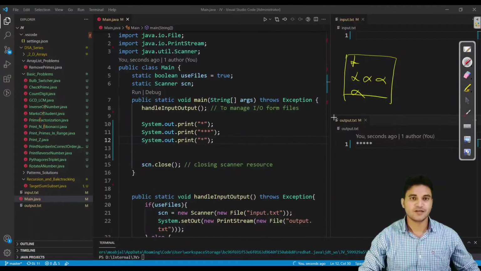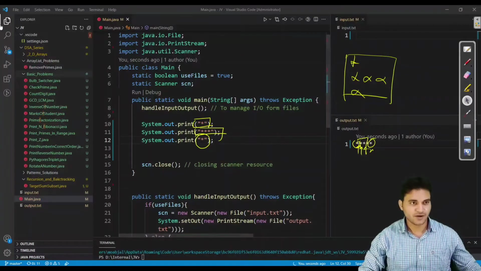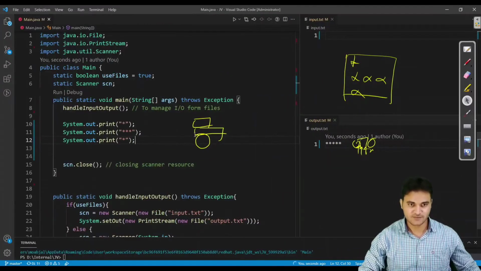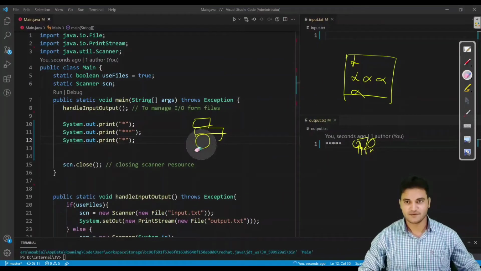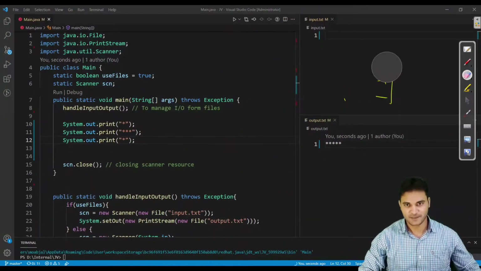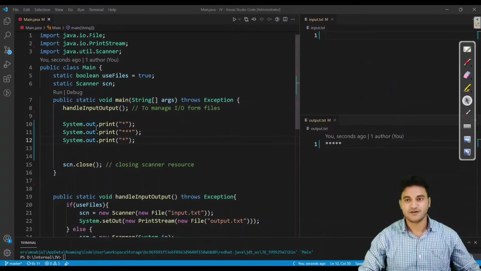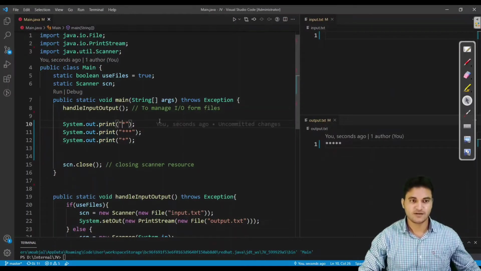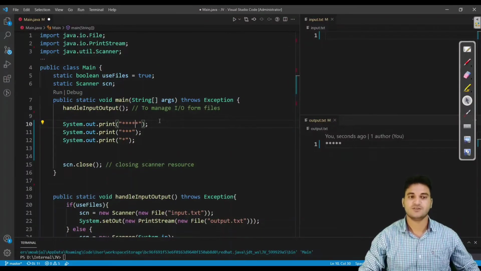This is important before getting started with the pattern. Let us see what we are getting. We are getting stars here, here, here, here: 1 star for this statement, 3 stars for this statement, and 1 star for the last statement. You might be wondering why it is not printing in the way we have mentioned. This is because when we use the print method, it will print the output in a sequential way.